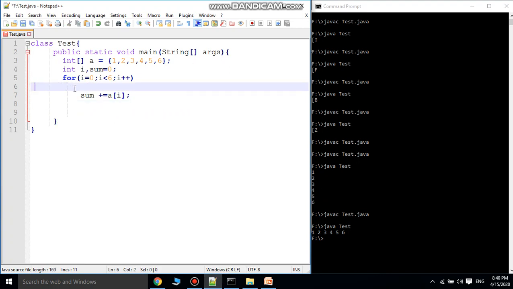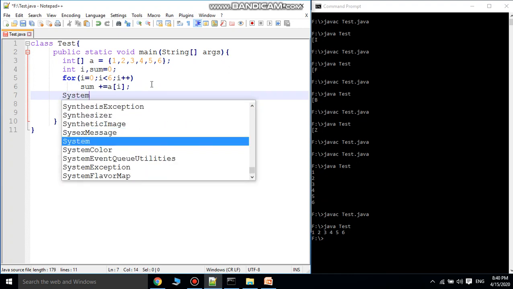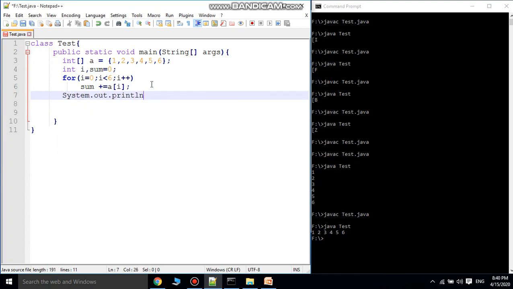This print statement is actually not required, so delete it, and then print System.out.println of sum, the sum of elements, here. Now the sum is 21. This is the process to initialize the array and find the sum of elements. In the next class we will see how to dynamically create the array using the new operator.